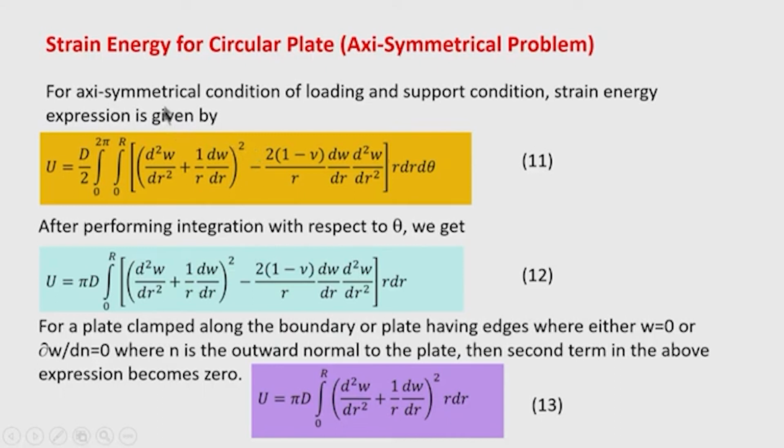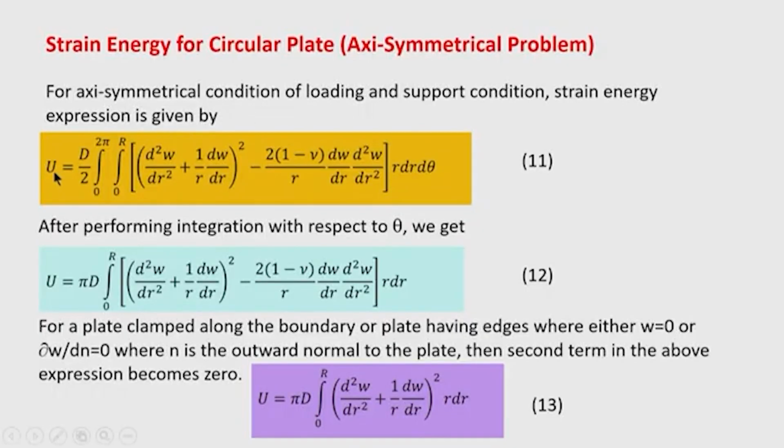So, on a similar argument from the basic principle, considering the radial moment and circumferential moment, the bending moment and twisting moment are used to derive the strain energy of the rectangular plate. Now, for a circular plate in axisymmetrical cases there will be no twisting moment. So, in that case this strain energy expression can be written